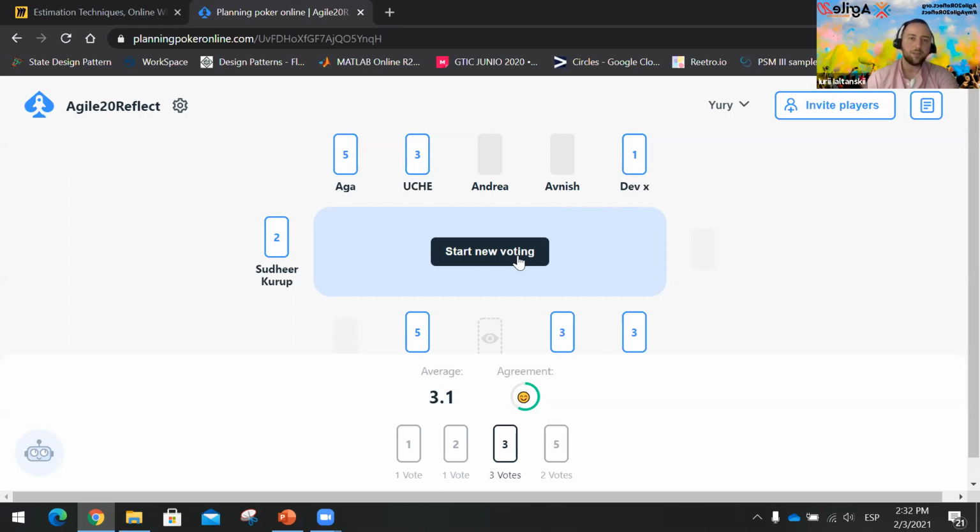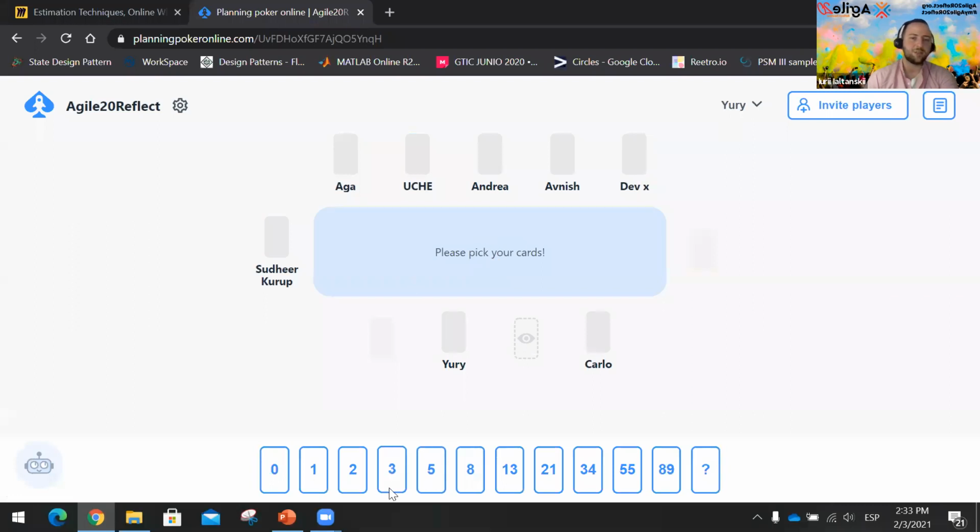So I think it should be clear for now. How we do that: I just start a new voting session and I put 1 because I know that we have our senior member as 1, and let's see what the other guys would put.